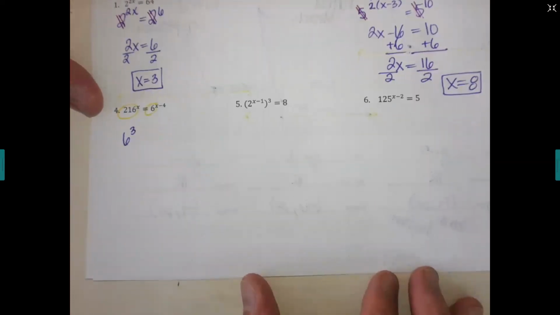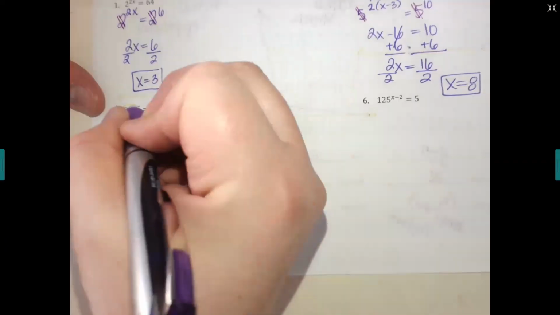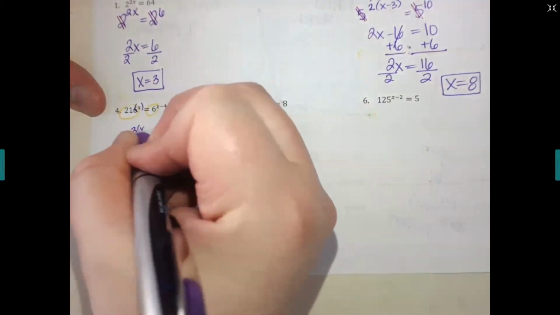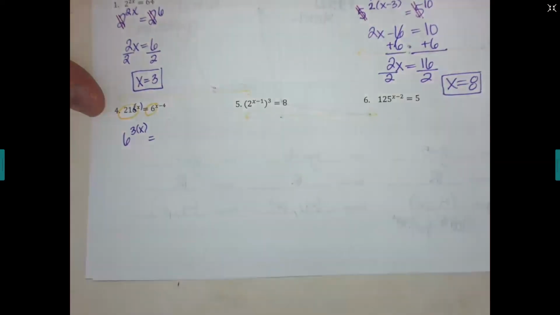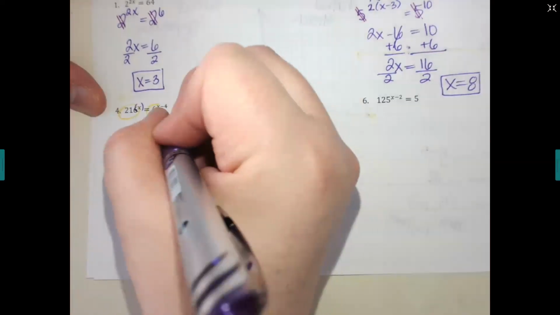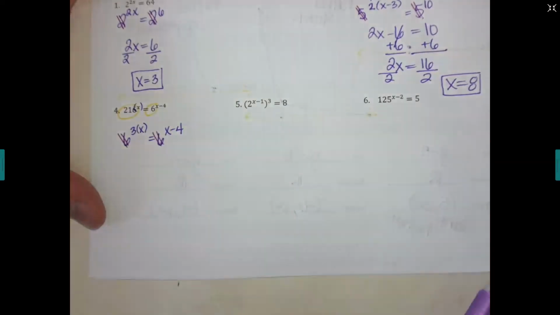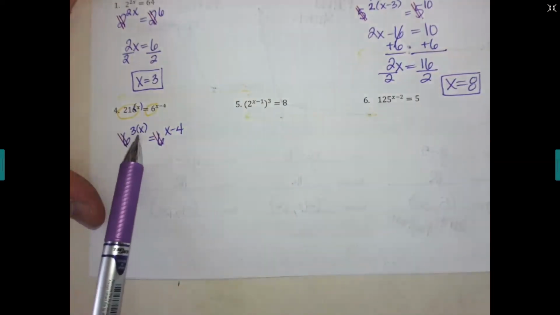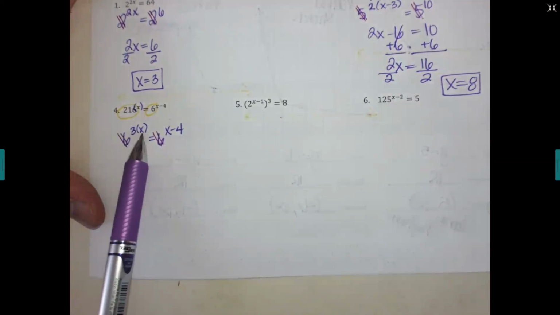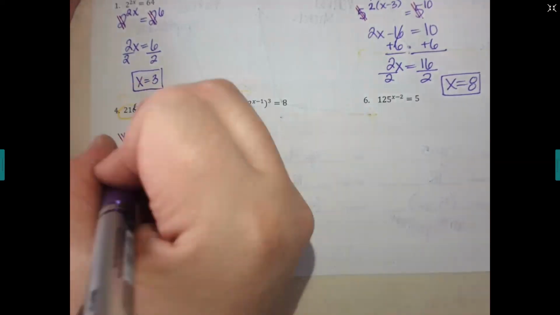Remember, any old exponent you're going to keep, but you're going to just put it in parentheses. So if I already had an x here, I'm going to keep my x there. And then on this side, I have 6 to the x minus 4. Okay, from there, once I have the big matching 6's, I can cross those out and set the exponents equal to each other. So my 6's are gone. And then remember, the 3 and the x are being multiplied. If they're both exponents, they're going to times together. So 3 times x is a 3x,